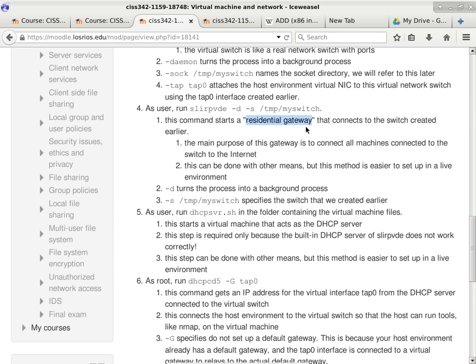But the gateway is also going to be set up so that it will go through my actual internet connection to the outside world. They're sharing the same IP. This is going to be a NAT-based router, network address translation.